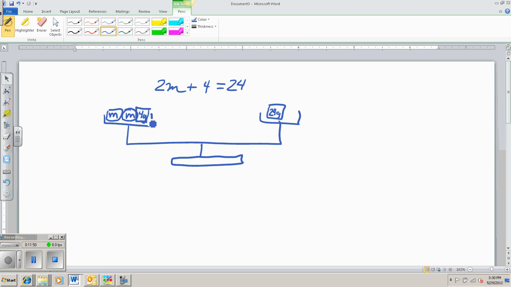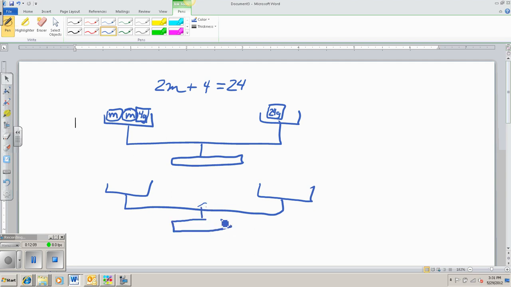Okay, so we can visualize this now. It's a little easier than writing out 24 of these little boxes. But what are we going to imagine there's 4 of these? We're going to take away 4 grams from this side and take away 4 grams from this side. And then you can just redraw your balance, showing the next step. Your balance is still balanced. It's still equal in the middle. We got 2m. We got rid of the 4. Take that away. And take away 4 here. And we'd be left with